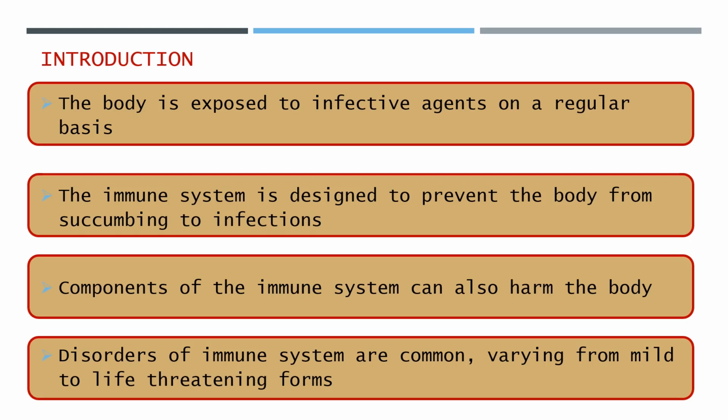On a daily basis, as we go about our normal businesses, our bodies are exposed to myriads of infective agents, including bacteria, viruses, and fungi, from the places that we go, the surfaces that we touch, the chairs that we sit on, the tables that we walk on, even from the water and other drinks and the food that we eat. Majority of them contain bacteria, viruses, fungi that would naturally harm us. But the body is designed in such a way that these bacterial agents and all the other fungi and viruses do not make us break down as long as our immune system is intact.